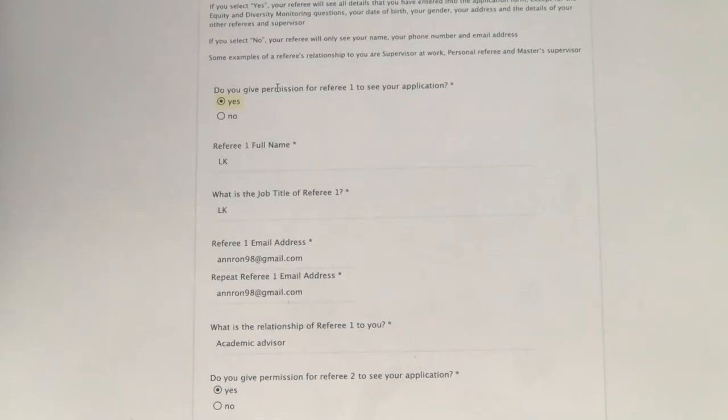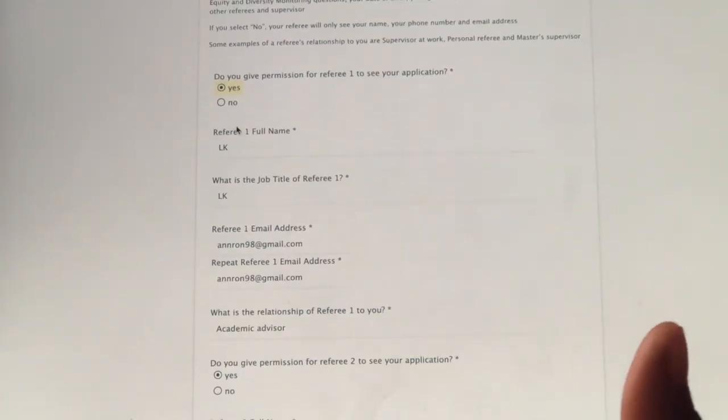The advantage of saying yes is that if you have just joined your new job, the person doesn't really understand you. The person understands you, but they don't fully know you. So by looking at your application, they can see, wow, she has done this. She has achieved this. Wow, so this is her story. Look at her personal statement. Wow, this is amazing. That is, if your referee is a very nice person. That's the advantage of it. So they can write a really nice recommendation for you.